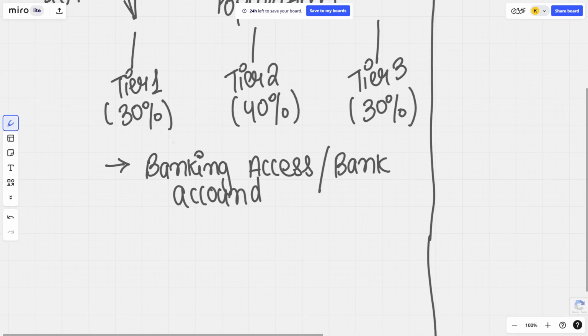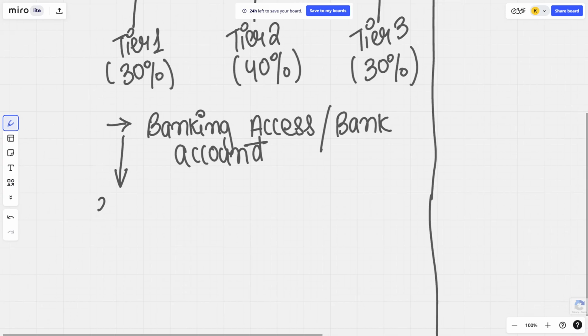In tier 1 we cannot say that 100% of the people will have a bank account, because in this 30% population we are also counting children and people below 18, who will not have a bank account. So let's suppose 80% of the entire population in tier 1 will have a bank account. Similarly, for tier 2 I have assumed 60%, and for tier 3 I have assumed